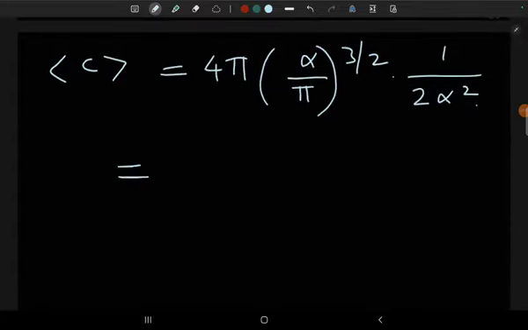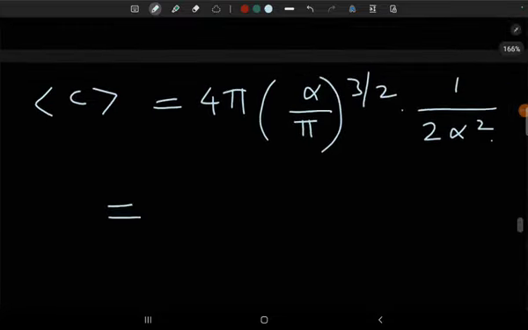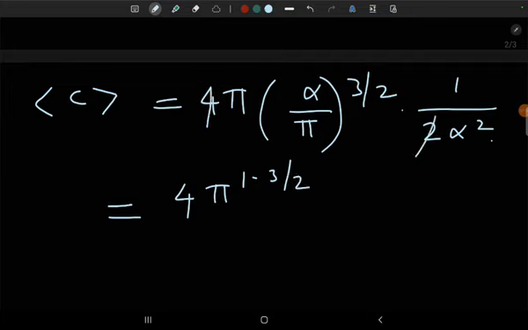We will substitute it right in the last step, and we had 4 here, 4 pi minus pi to the 1 minus 3 by 2, and 2 was coming, so 4 and 2 cancel to be 2, so we have 2 here, and alpha to the power 3 by 2 minus 2,